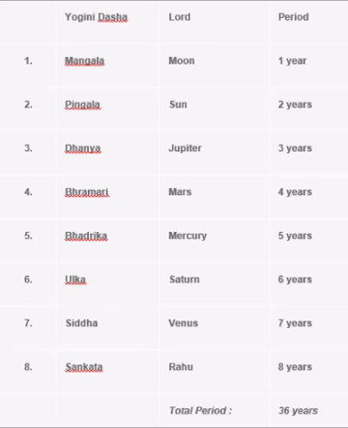Now how do we calculate this dasha? That's a very important question. So that also is very simple. Just figure out what nakshatra you were born in, and out of the 27 nakshatras, each nakshatra will have a number. Say for example, you're born in Vishakha nakshatra. Vishakha is the 16th nakshatra. So what we do is we take 16 and add 3 to it. So it will become 16 plus 3, which is